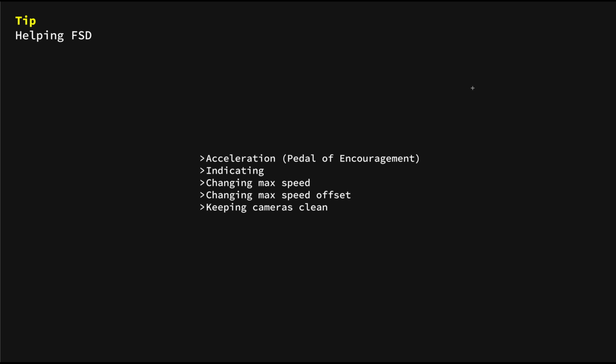So that max speed change only applies until the next time the car detects a speed limit. Worth keeping in mind. The next thing is the max speed offset. So this is a percentage value from 0 to 50. Now, what this allows FSD to do is, in circumstances that it deems appropriate, this isn't really clear in any